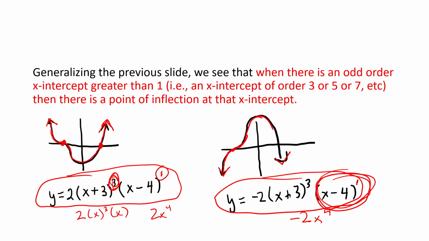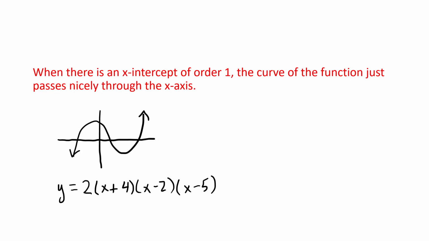But that x-intercept at x equals 4 is just a degree 1 x-intercept. So nothing special, it just means go through the x-axis, and that now respects the end behavior it was supposed to respect by knowing the lead term. So like I've been saying, when there's an x-intercept of order 1, the function just passes nicely through. So looking at this